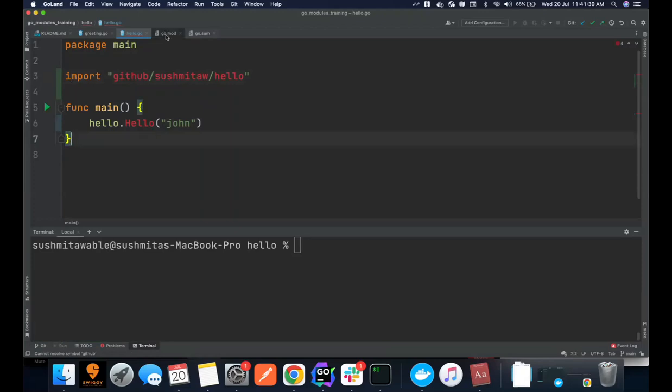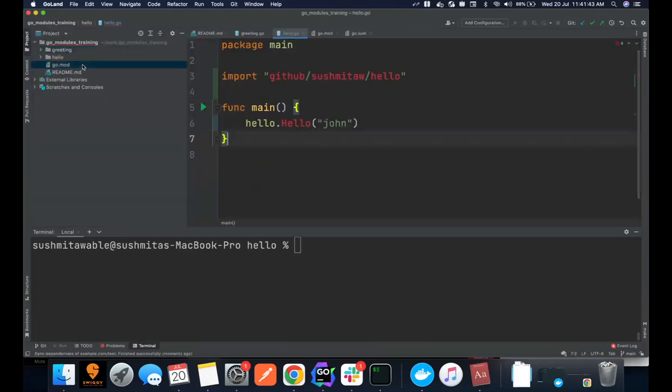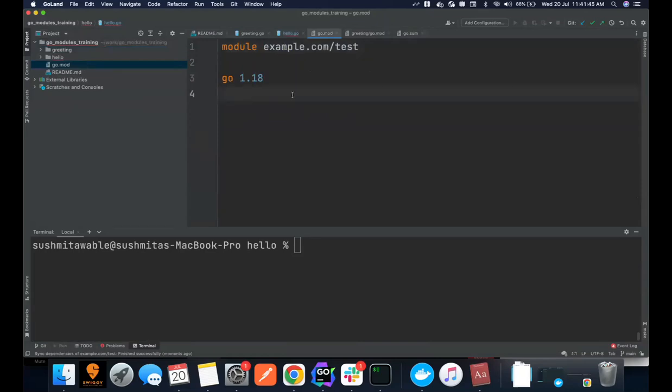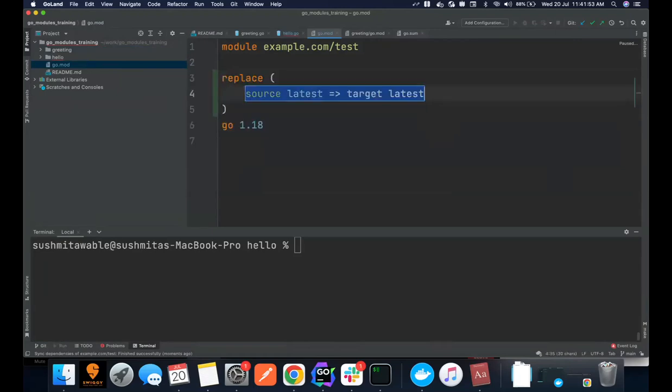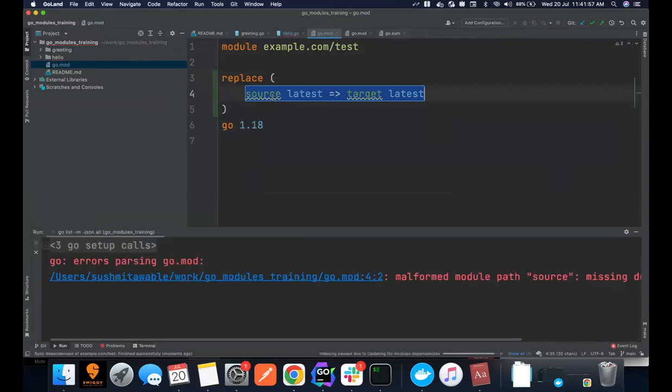Okay. For time being, let's try to use the local dependency. So how do you use the local dependency? Or is it like the replace directive. So what the replace directive says is that